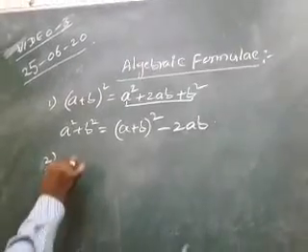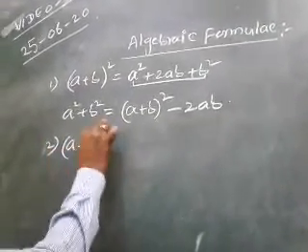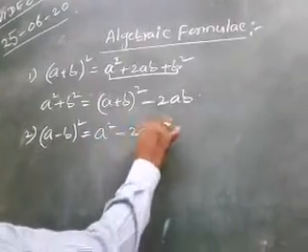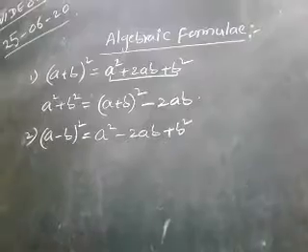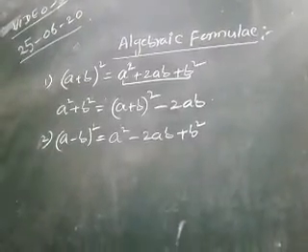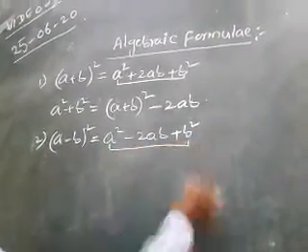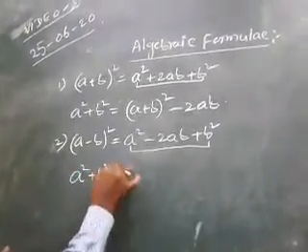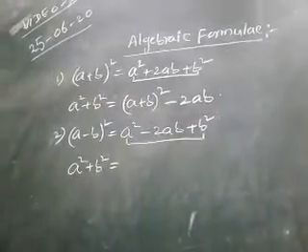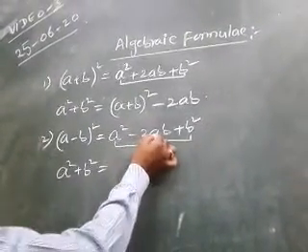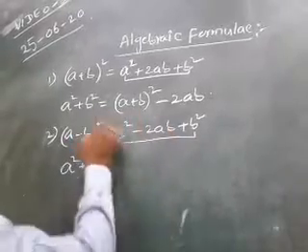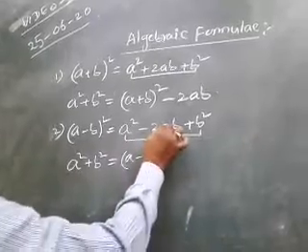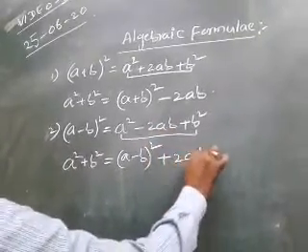Next, second one, (a minus b) whole square is equal to a square minus 2ab plus b square. This is also a well-known formula. From this derive one more formula for a square plus b square. We require a square plus b square. Bring a square plus b square one side, then the remaining term bring into another side. Minus 2ab is not required on this side. Bring this side. Already we have here (a minus b) whole square. Minus term becomes plus, so plus 2ab.